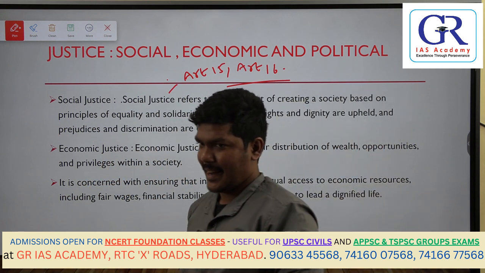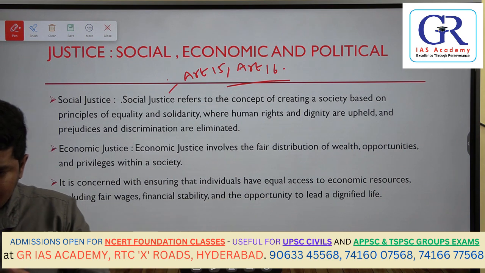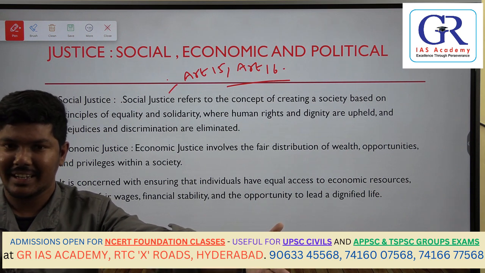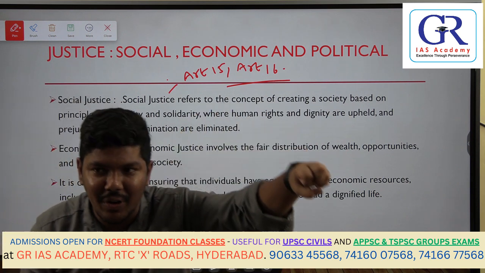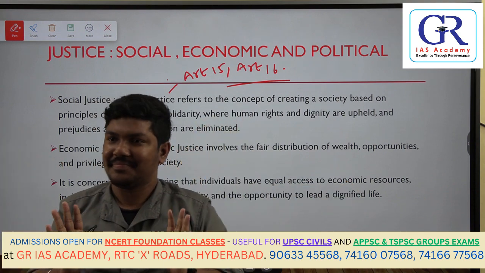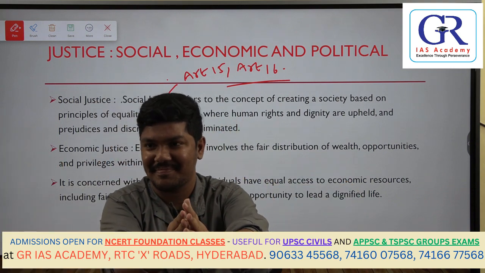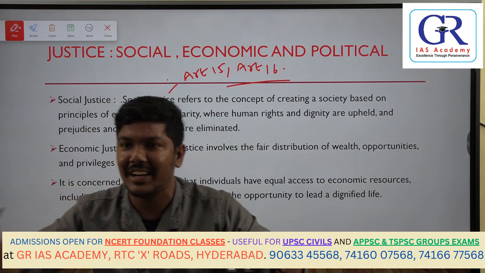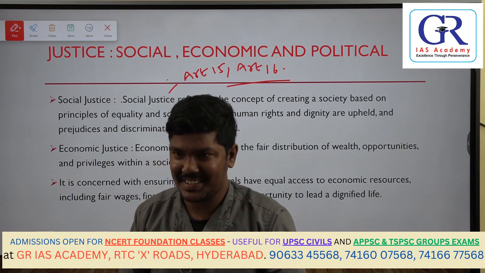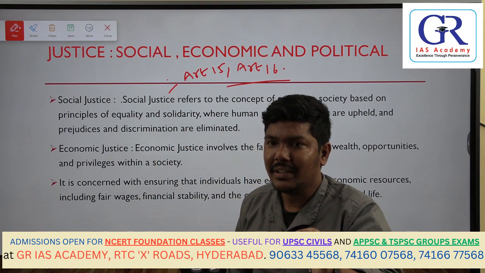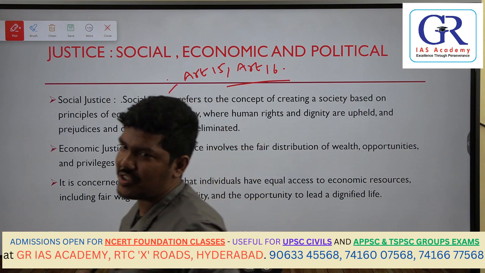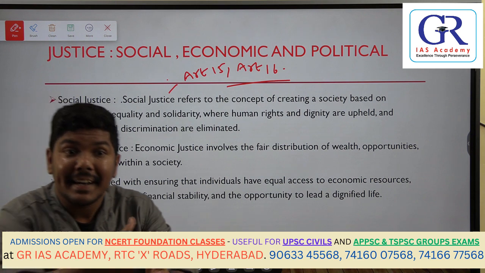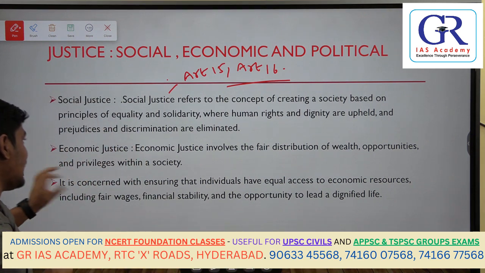Economic justice. Economic justice says that there is a very huge gap between rich and poor, right? Okay, and concentration of wealth is only in fewer hands and the rest of the population is suffering. This gap has to be bridged. When this gap has been bridged completely and everybody is brought on the same level playing field economically, that is called economic justice. So objective number 1, the gap between rich and poor has to be bridged. Objective number 2, the concentration of wealth has to be completely distributed. That is what is called economic justice.